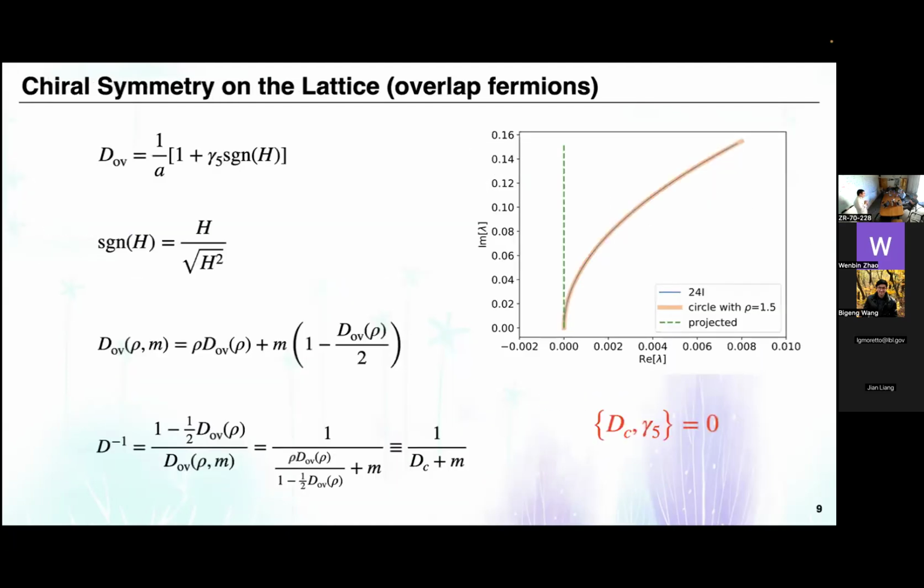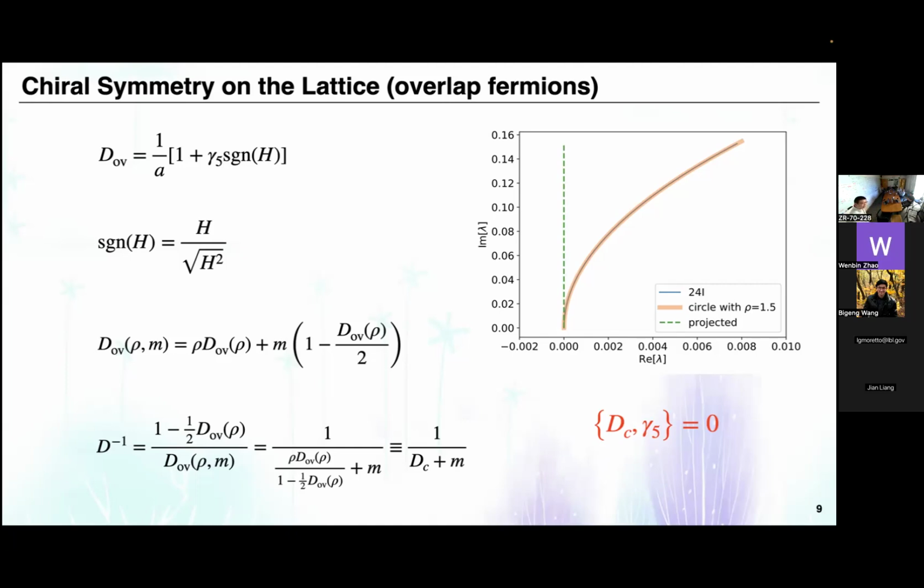Okay, so yeah, chiral fermions. We are using the overlap fermion. Here I don't want to give a detailed introduction to chiral fermions or overlap fermions. I just want to state some facts. First of all, this is the so-called massless overlap Dirac operator, and it includes a matrix sign function, which makes it very expensive to calculate numerically. Using this massless operator, we can have the massive Dirac operator, and also we can define